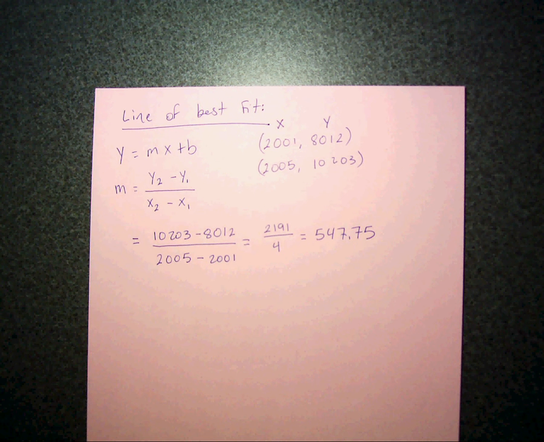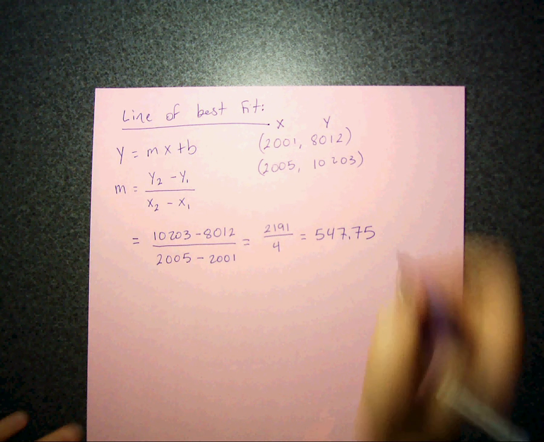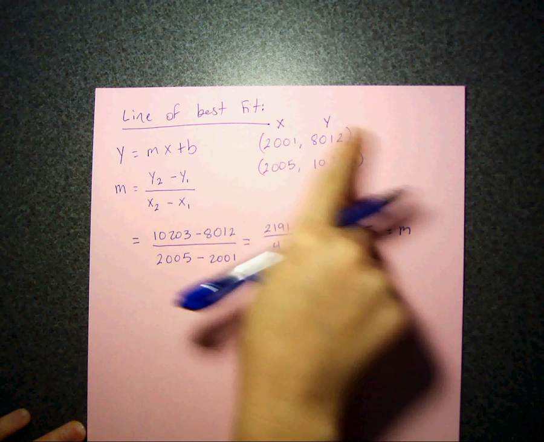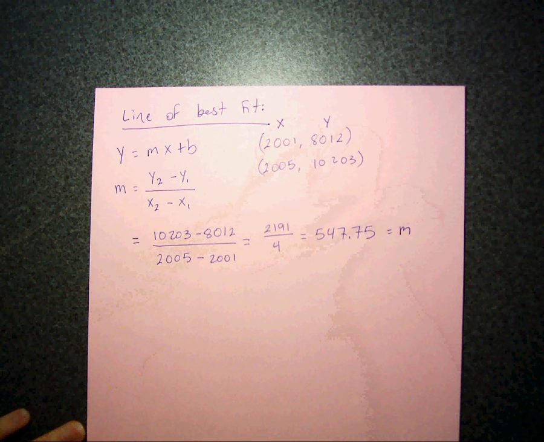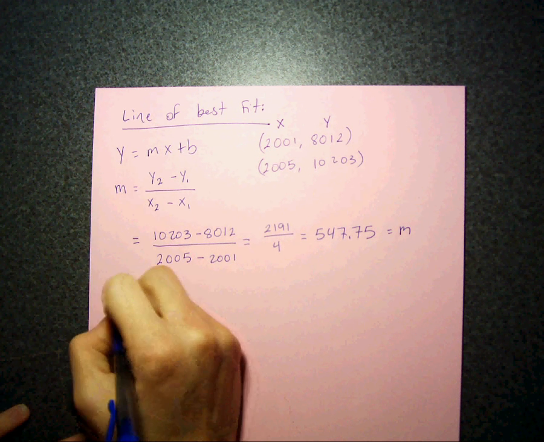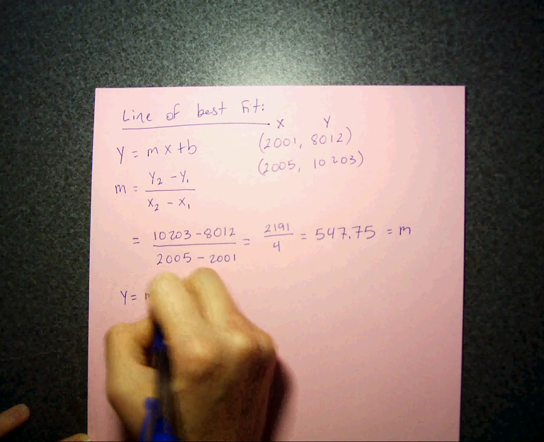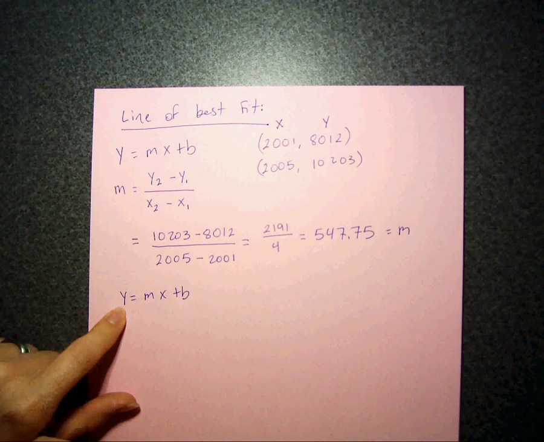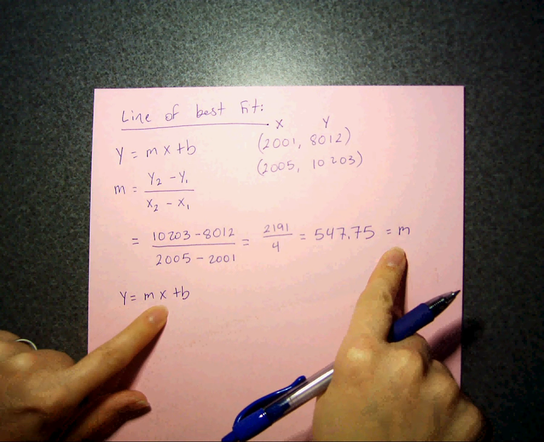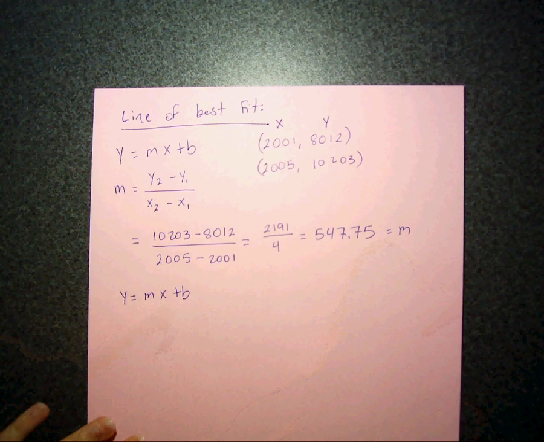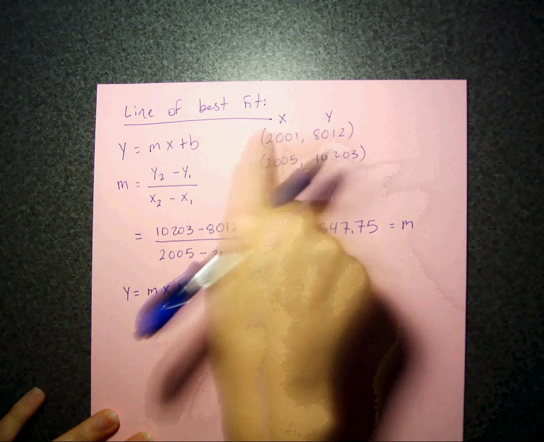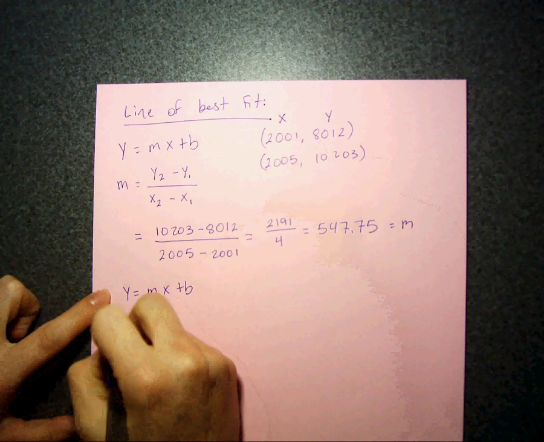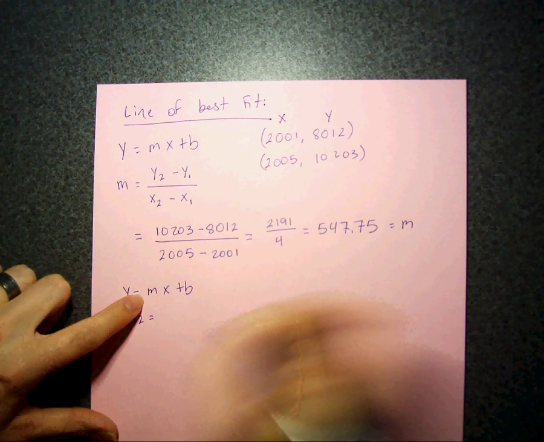To find b, you can pick just one of your points, doesn't matter which one, and plug them in. So remember, I have y equals mx plus b. If I pick one of my points, I do know a y value. I know m, I just found it, and I know an x value. So I can just solve for b. So I'm going to pick the first point, doesn't matter which one, but I'm going to pick the first one. And so my y value is 8,012. m is 547.75, and x is 2001